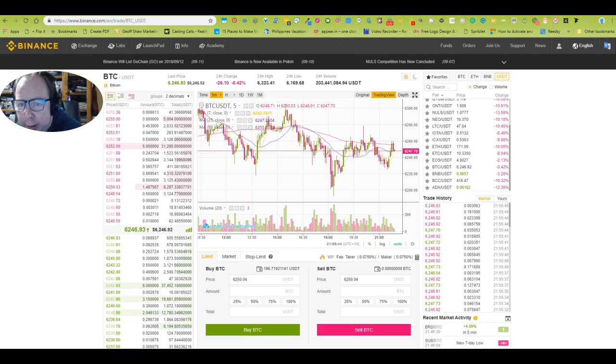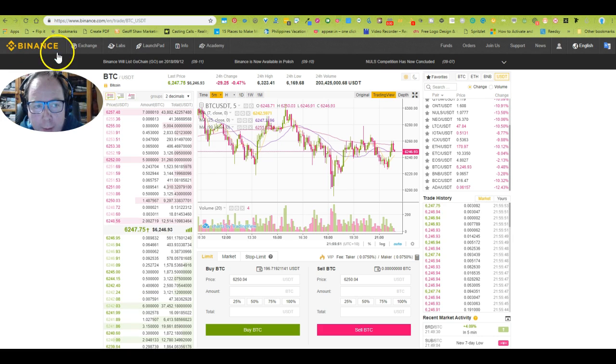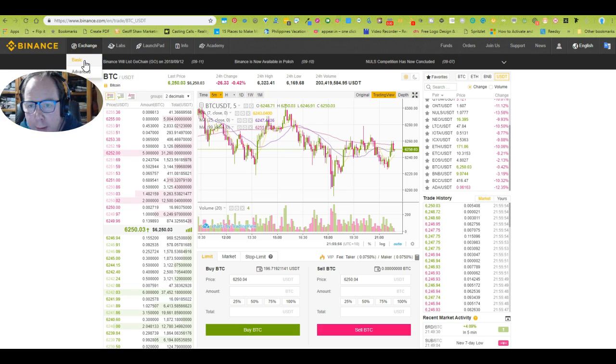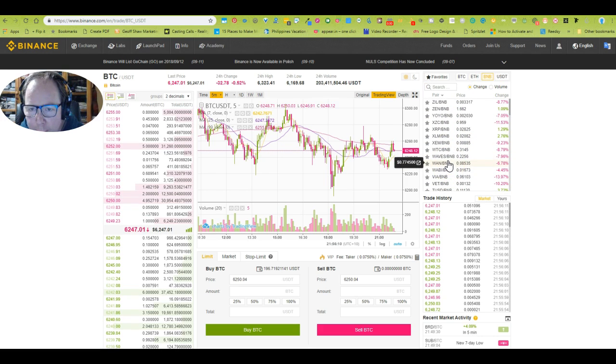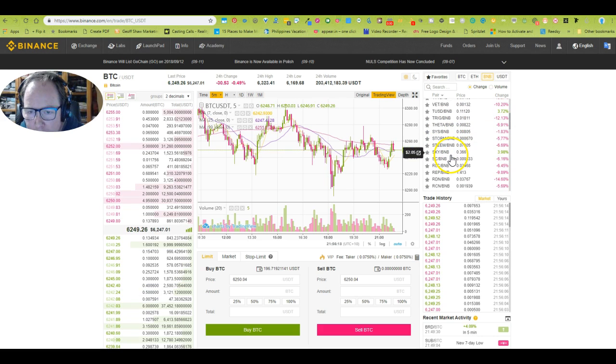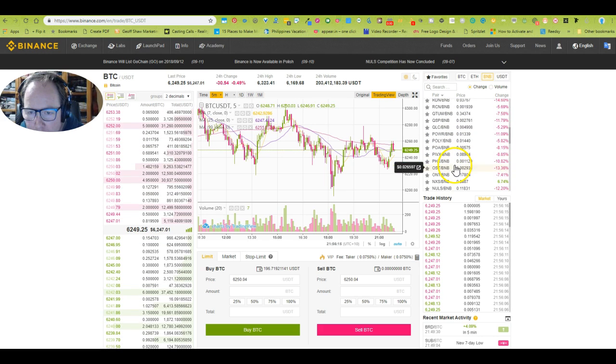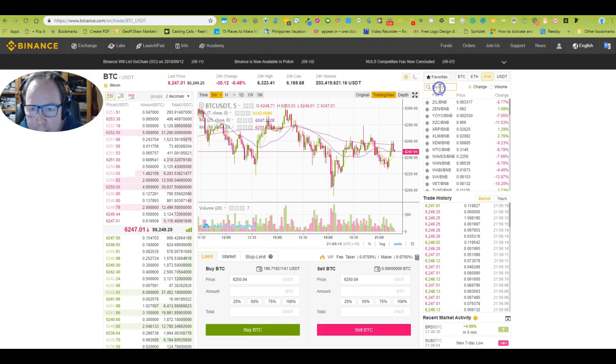To buy BNB, you need to, of course, log in to Binance. Once you log in, go to the basic view. That's the easiest to use. And then go ahead over to here and go to BNB. Just type in